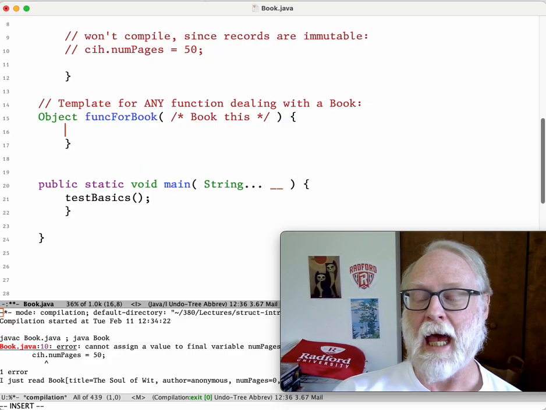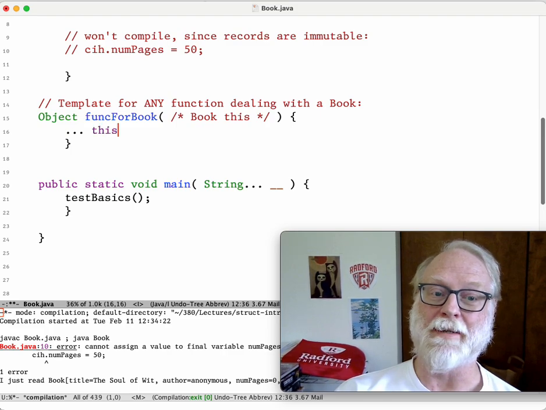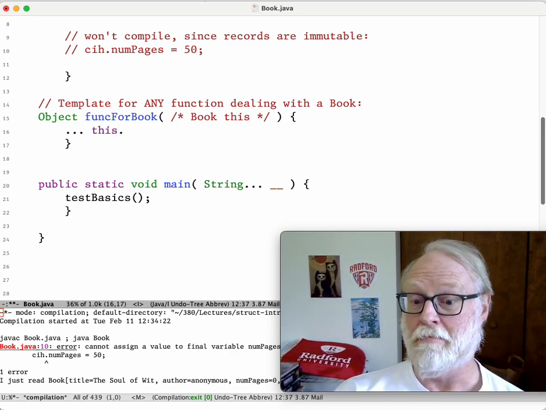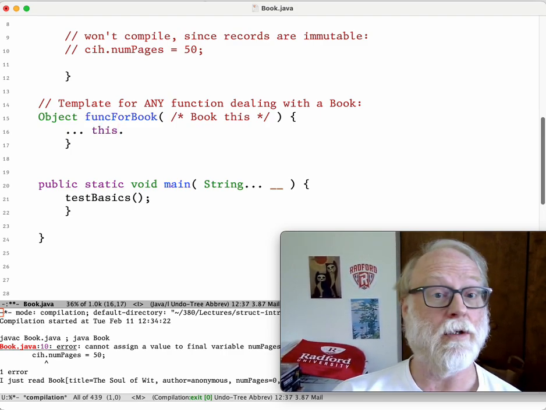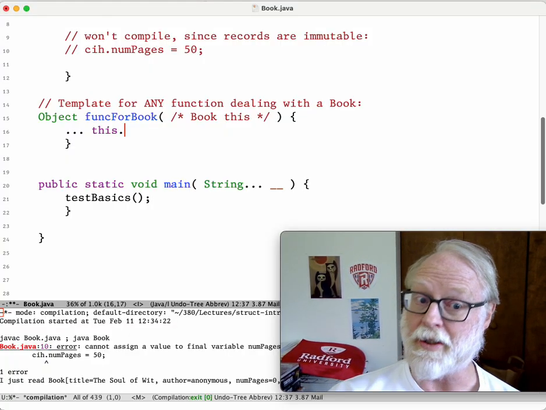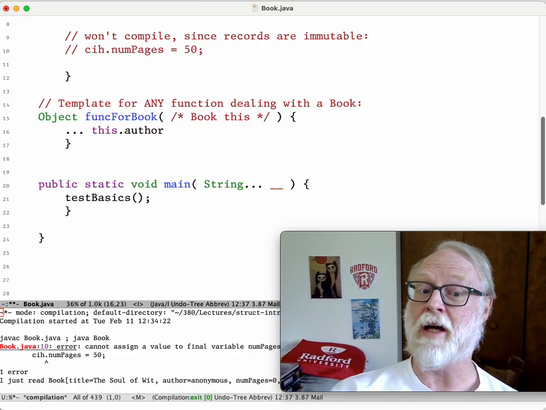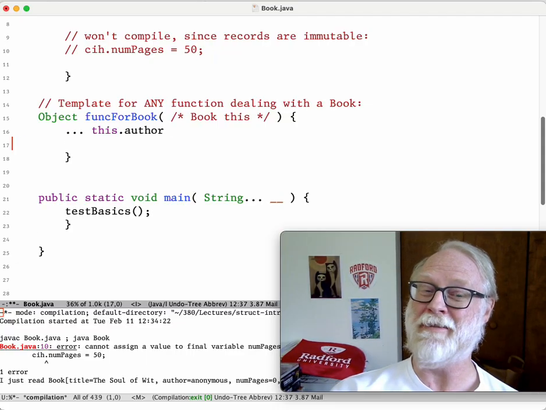Okay. And what does the template look like? Gosh, I'm going to have this dot my 4 fields. I need to extract the 4 fields. If I have a struct with k fields, call the k getters. What's the built-in getter called? The built-in getter for author is just called this.author, and there's no parentheses involved in that,